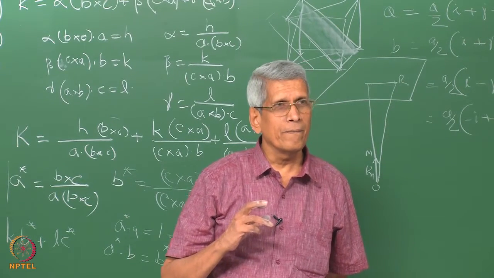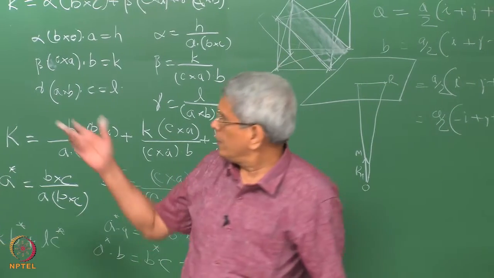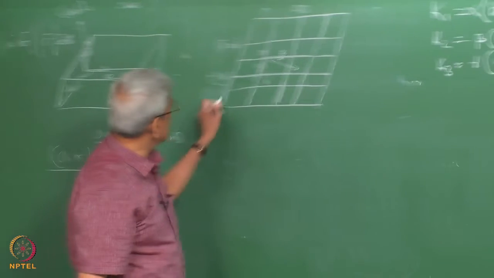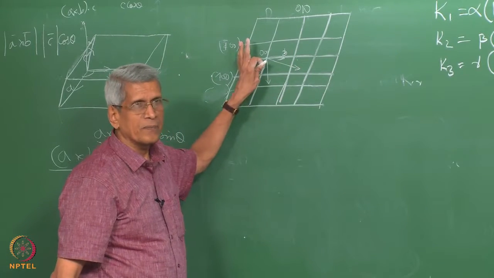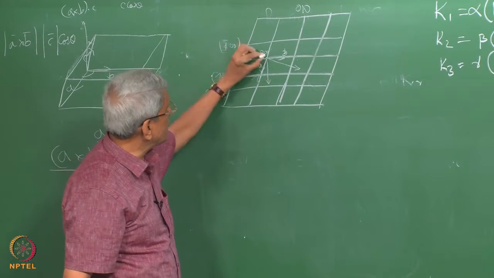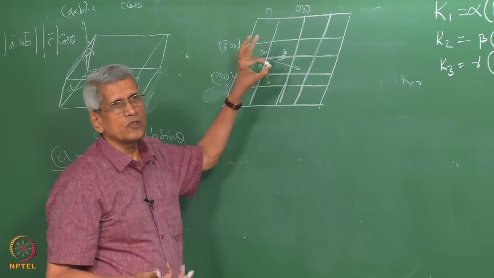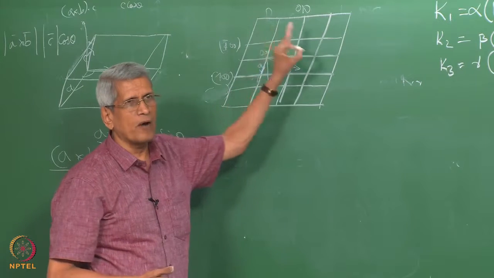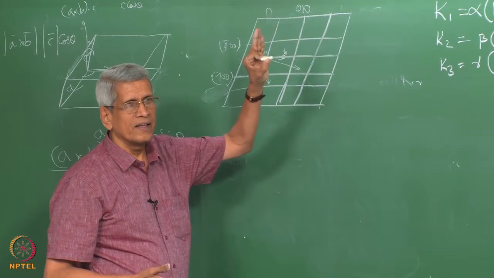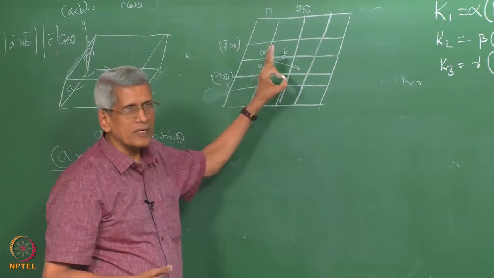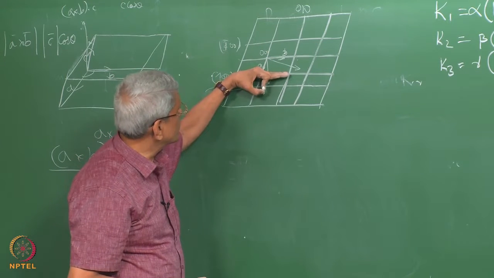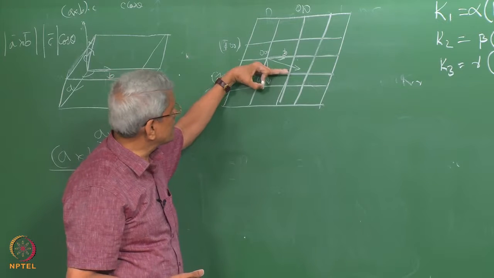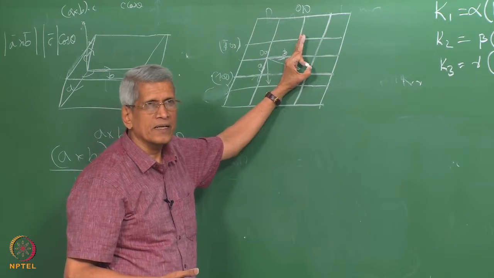Is this the top view? Are we looking from the top? No, here I am just showing only a two-dimensional lattice. If we construct a three-dimensional lattice, suppose you assume it to be a monoclinic system, I can take the next plane to be kept on top of this, correct? If you consider only a two-dimensional lattice, this is one set of planes; in a three-dimensional lattice, this is a set of planes, and this is a set of planes, correct?